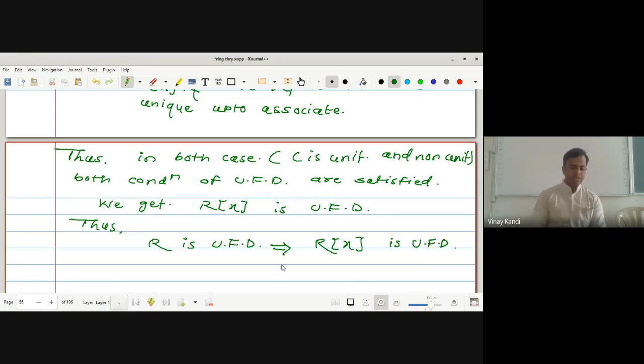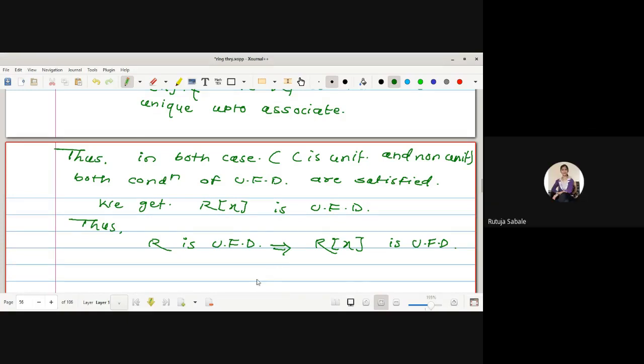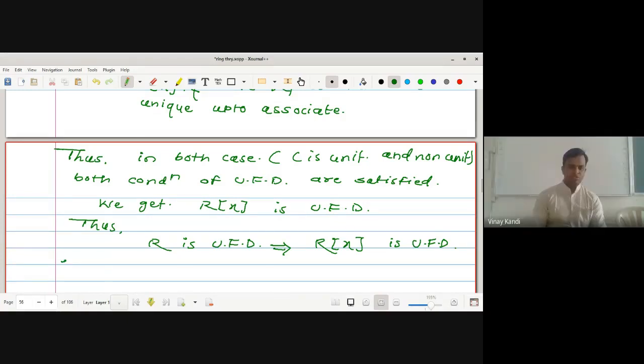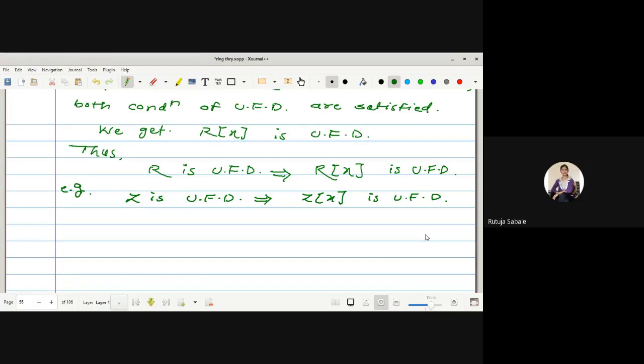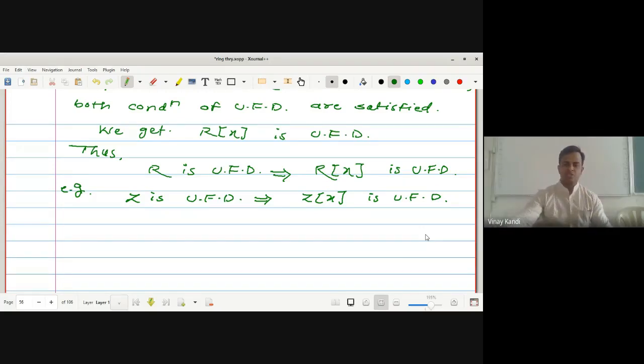Okay, any doubt? No, sir. For example, Z is a unique factorization domain, which implies Z of X is a unique factorization domain. Okay, any doubt up to here? No, sir. Okay, and the next theorem is